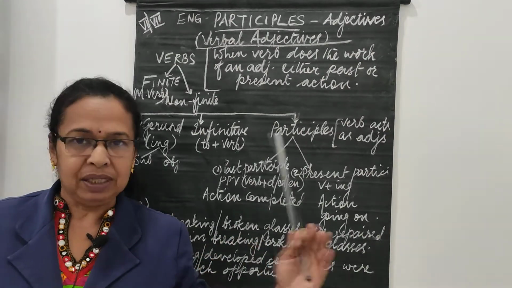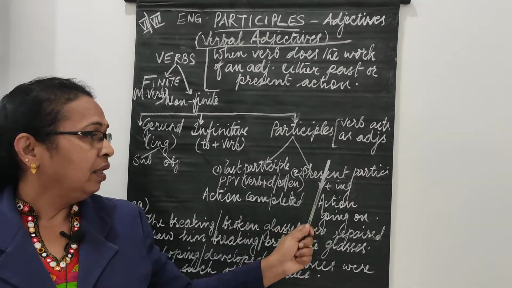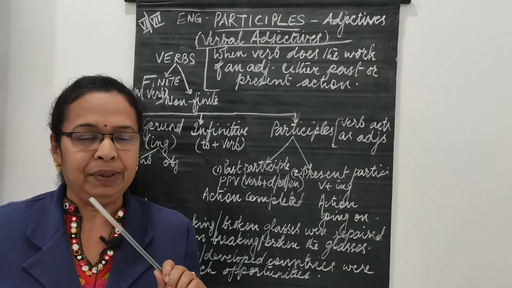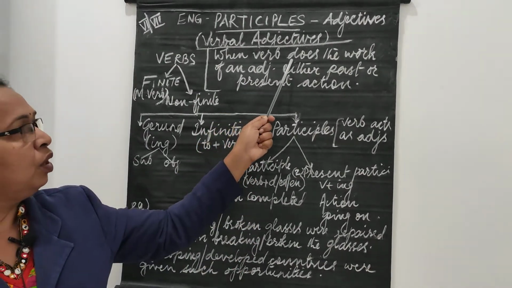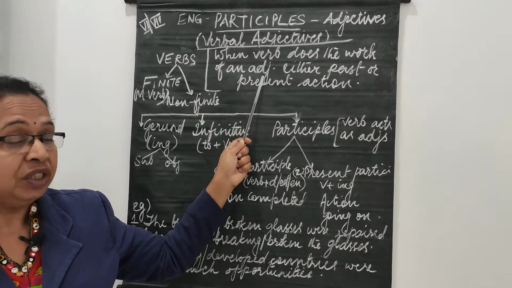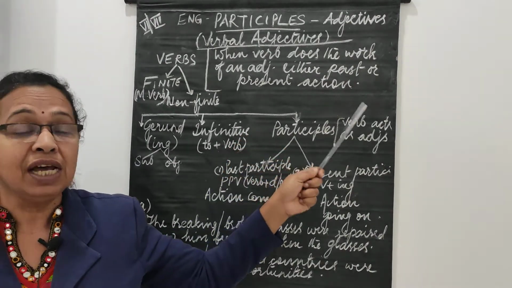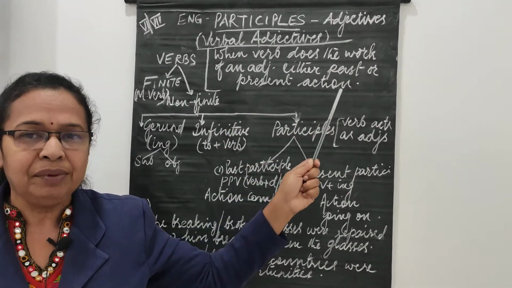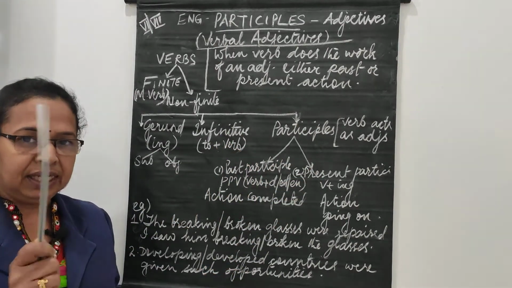In the past, it's already over. So for past participle, the action is completed, whereas in the present participle, the action is still going on. That means the action is incomplete. I hope participles are clear. So a participle is when a verb does the work of an adjective. When the action is in the adjective form, it describes a noun, and it's called a participle. The action can be either in the past or in the present. I hope it's clear. Now look at the example and then it will be clear to you.